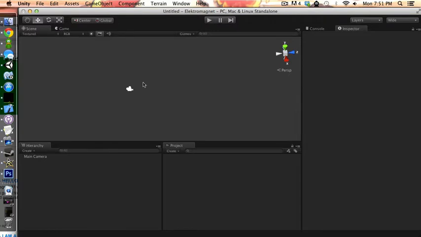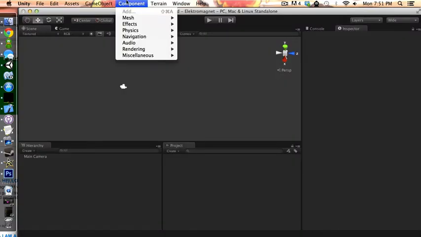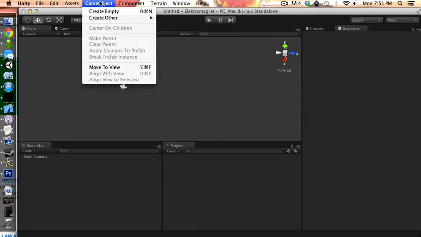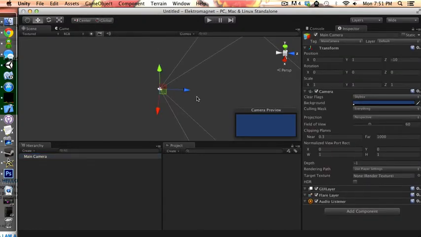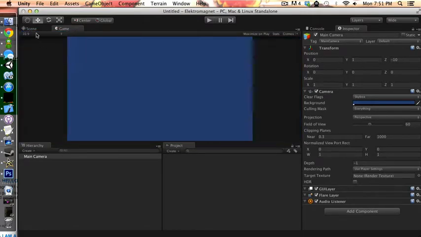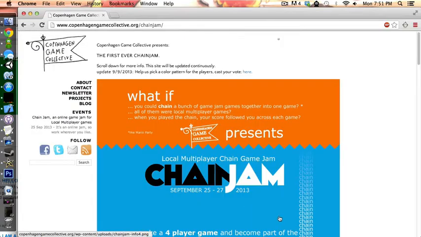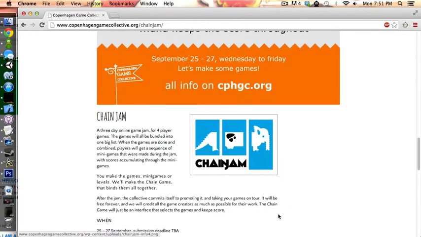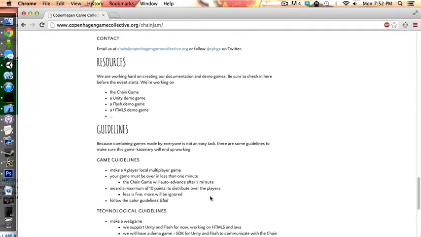So one big thing about Unity is it's three-dimensional, as you can see from my little perspective thing here, and our game is obviously two-dimensional. So that being the case, we're going to have to kind of screw around and try to force it to not be three-dimensional. So first thing to look at here, we have our camera. Cameras are the usual spiel. This will be what the actual game looks at. And let's make our game be a 16:9 aspect ratio, because I believe that's what they said. Somewhere in here.